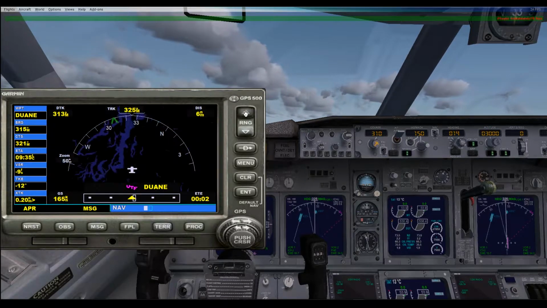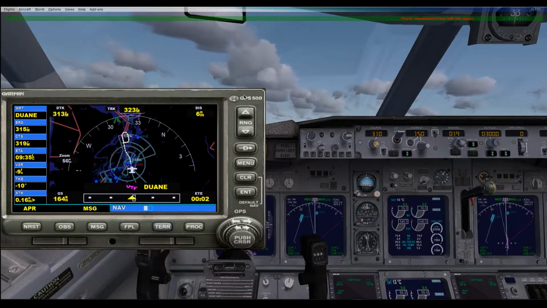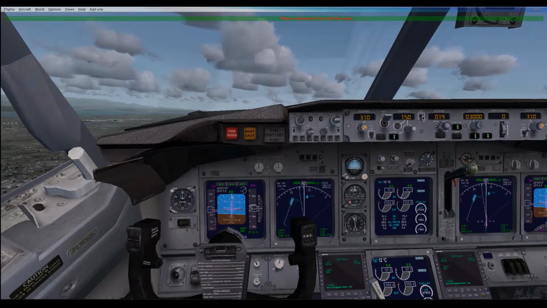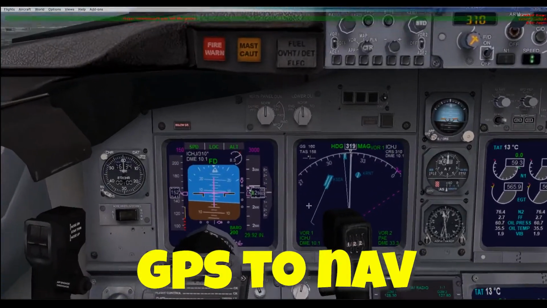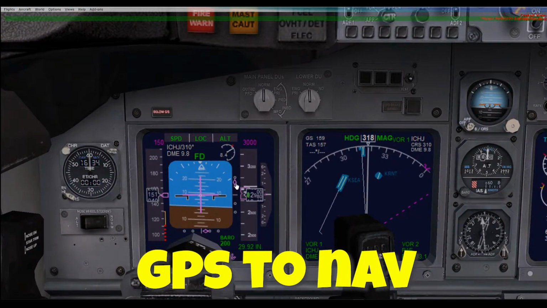And if you zoom out, it also puts you in a holding pattern just in case you somehow don't make it, right? Now at this time, we're going to switch our navigation over to NAV. We're not on GPS anymore. And right here, you can actually see our